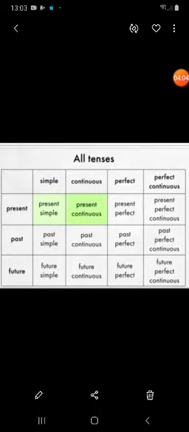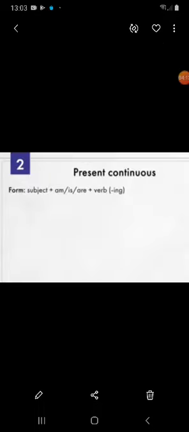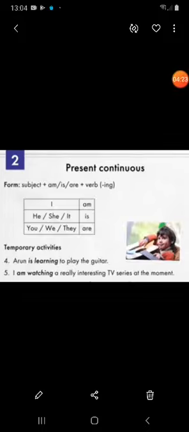So, the next tense is the present continuous tense, and we make the present continuous tense with a subject plus am, is, or are, plus a verb in the continuous or ing form. We say like I am, he, she, it is, or you, we, they are. For example, I am drinking coffee